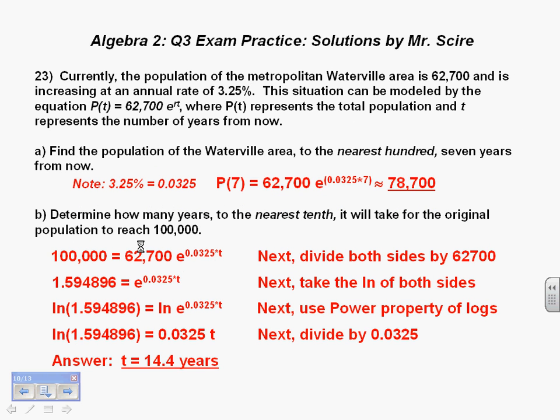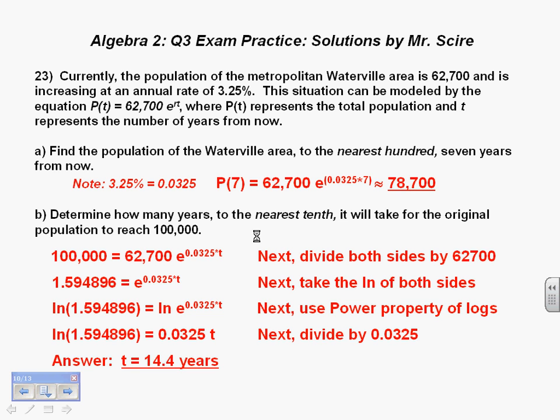23 is a problem about exponential growth. We are given the formula P of t equals 62,700 e to the rt. We're given an annual growth rate of 3.25%, and we're being asked first to find the population to the nearest 100 7 years from now. The thing to remember is that 3.25% comes over as 0.0325 decimal. So we plug that into our formula, plug that into our calculator, and the answer comes out to